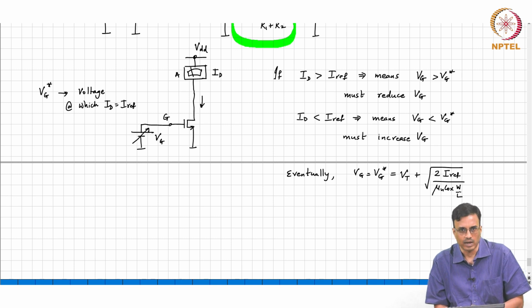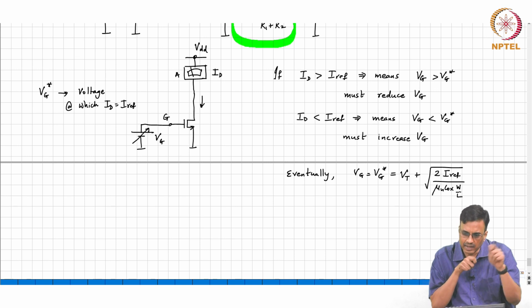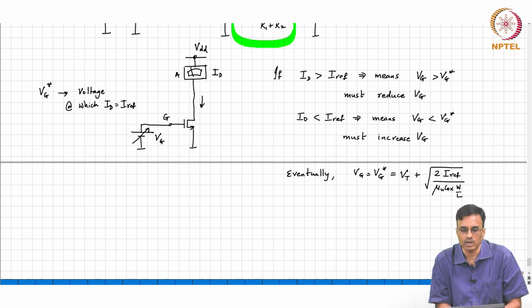Correct? Once you solve the equation, let's say now you know both mu n Cox W by L and Vt. Now, if somebody says this is the Iref I want in the drain, what will you do then? You have mu n Cox W by L, you have Vt, you do the math, and it will tell you Vg star, that the voltage you must put is 1.234 volts. Stick that voltage in there, and that